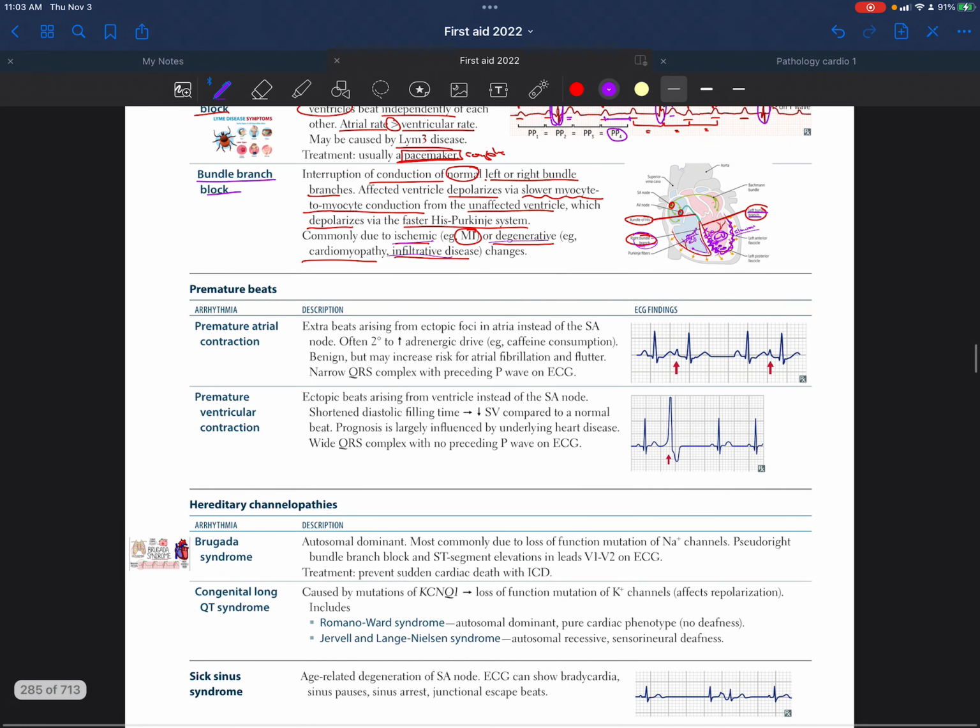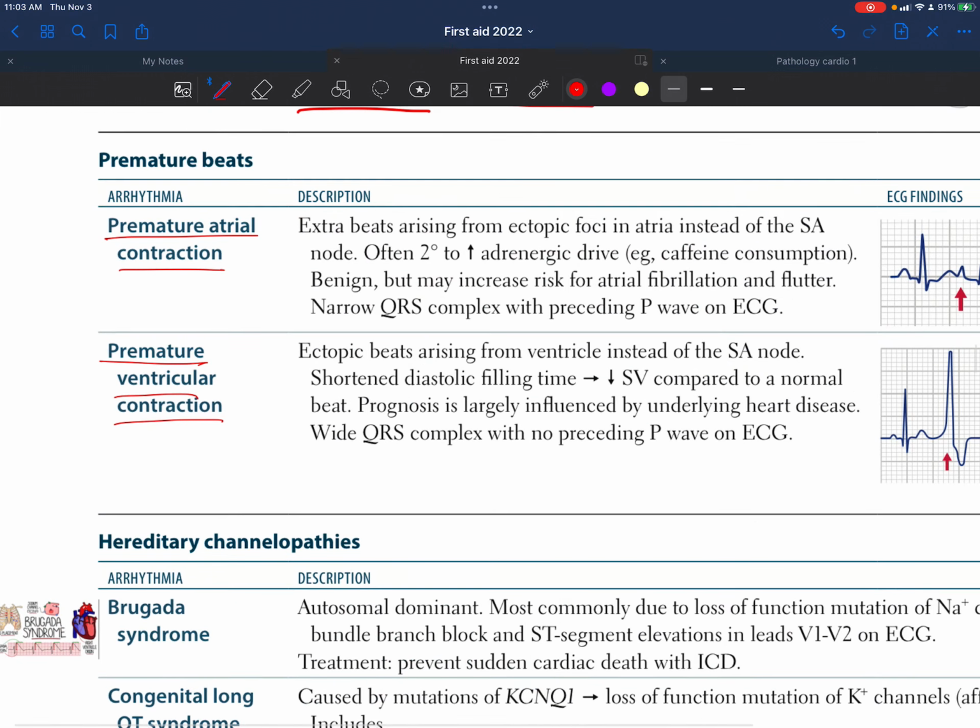For the premature beats, we have the premature atrial contraction and the premature ventricular contraction. So basically, what is happening is a contraction that precedes its expected time. So it's not mature enough. For the premature atrial contraction, we have extra beats arising from ectopic foci in the atria